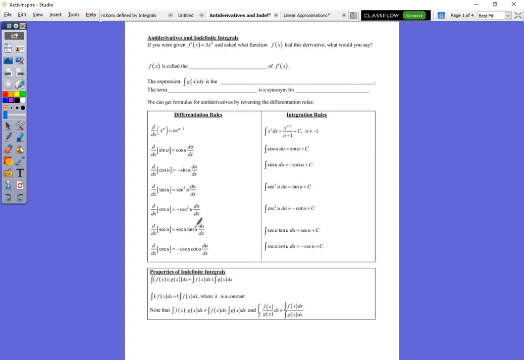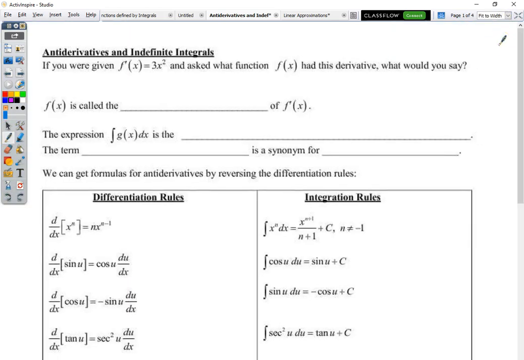And in fact, you can probably do them in your head right now. If I were to ask you to take f prime of x equals 3x squared and asked you what function f of x would have that derivative, the vast majority of you would tell me that it is x to the third. You know the derivative of x to the third is 3x squared. You've done that over and over and over. Well, we say that f of x is not the original function of f prime of x anymore, but we will call that the antiderivative